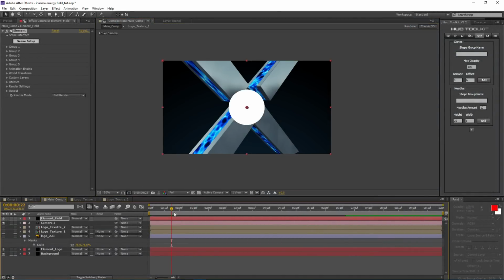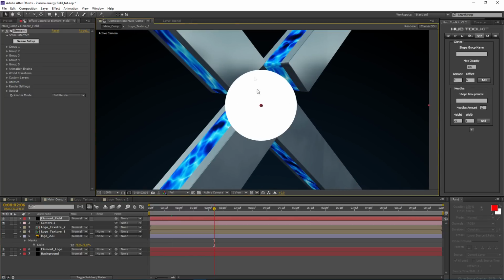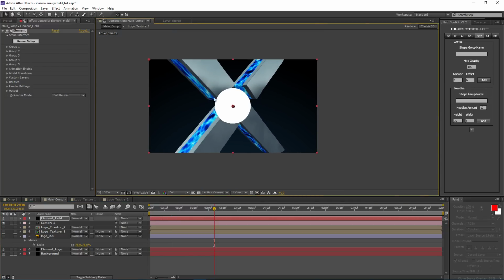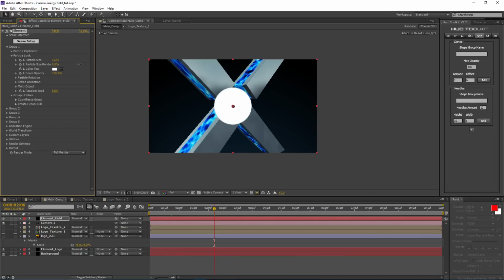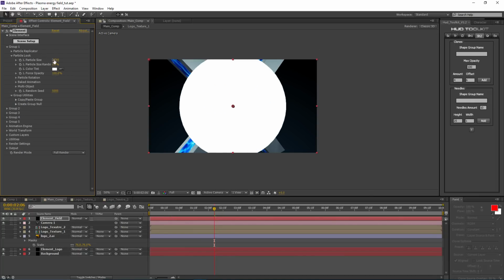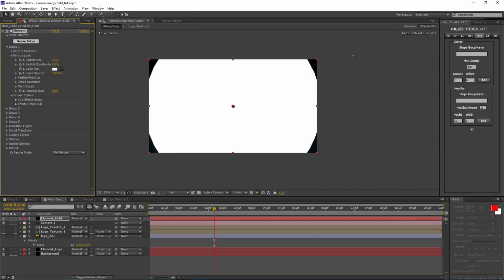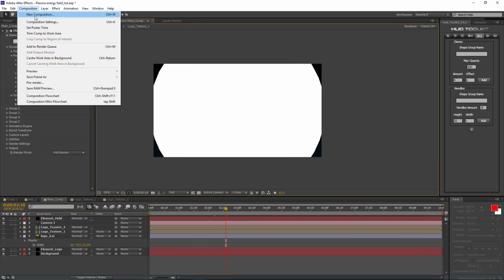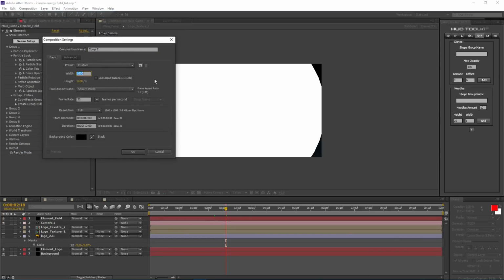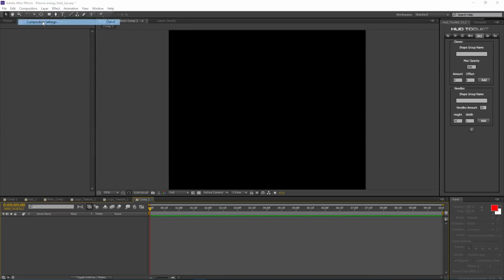And I will unsolo this. And I want to try to match our new layer to encapsulate our logo. So if I go to my group 1 particle look, I will increase the size for this sphere, just so it fits our logo. And before we do any changes, let's create our energy texture. So I will make a new composition. I will make this 1500 by 1500. Let's name this composition